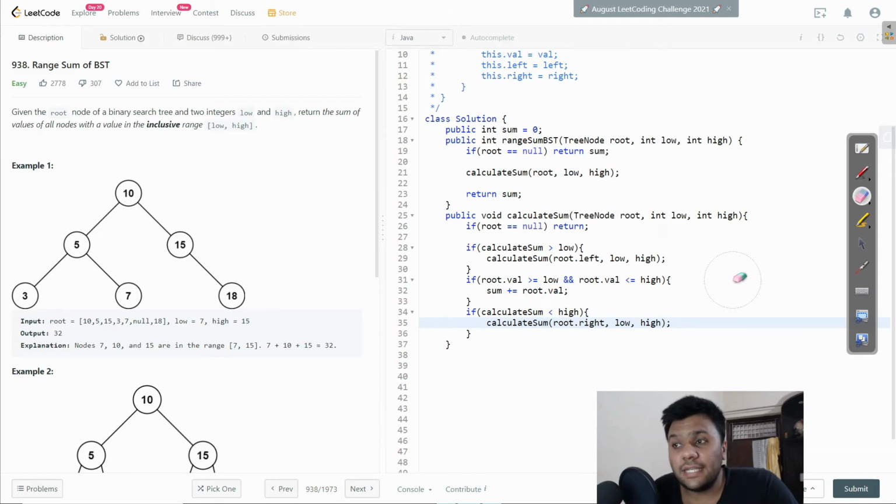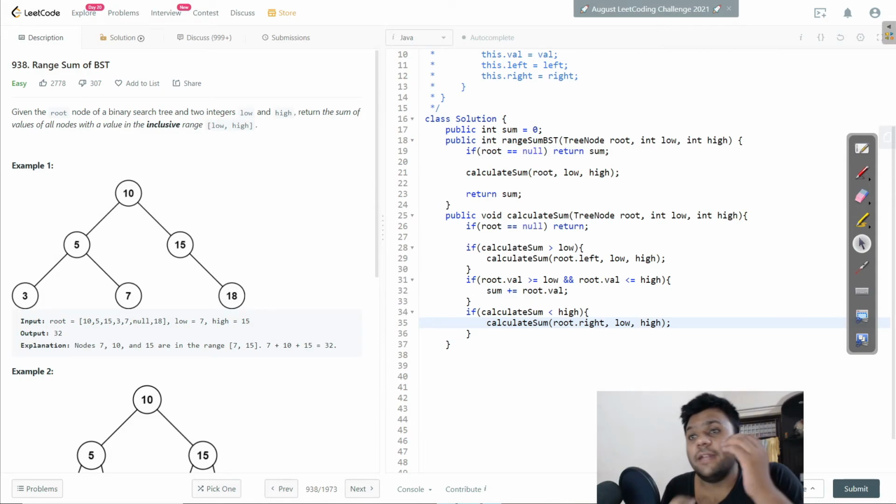But this is an optimal approach, because in the worst case it will again remain O(n), because we know where we have to travel, but in the earlier one we don't know where we have to travel. So in that one our time complexity might go greater than O(n). So that's how we made it more optimal.